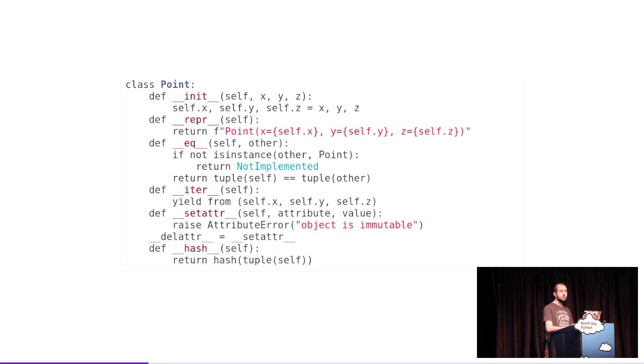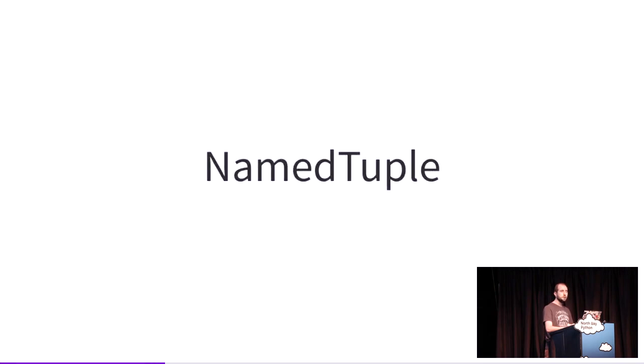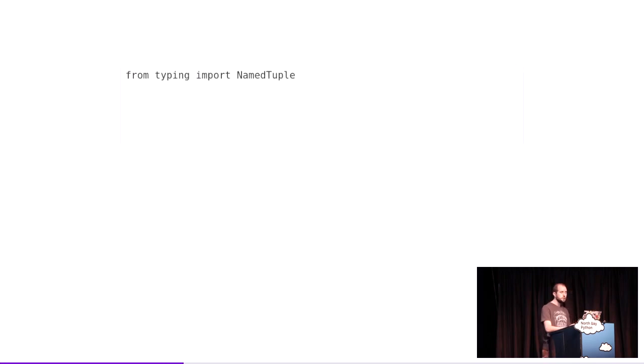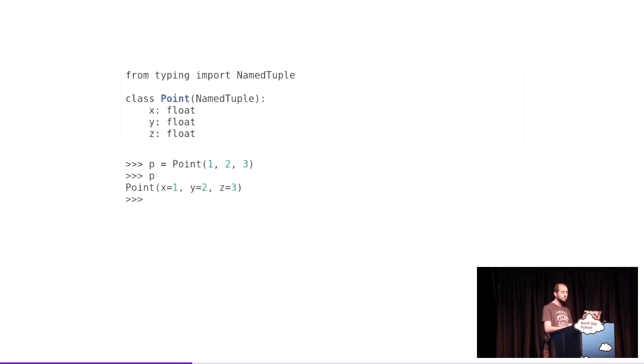Fortunately, there is a tool in the standard library for writing code that is similar to this. It's called NamedTuple. NamedTuple is built into Python 3. It lives in the typing module. To create a NamedTuple class, you can inherit from NamedTuple and use type hints to define the attributes on your class, so x, y, and z there. The class that we get from this has a friendly string representation, and it has nice default comparisons, meaning equality and inequality. And these classes, just as we want them to be, at least for this point here, are immutable,